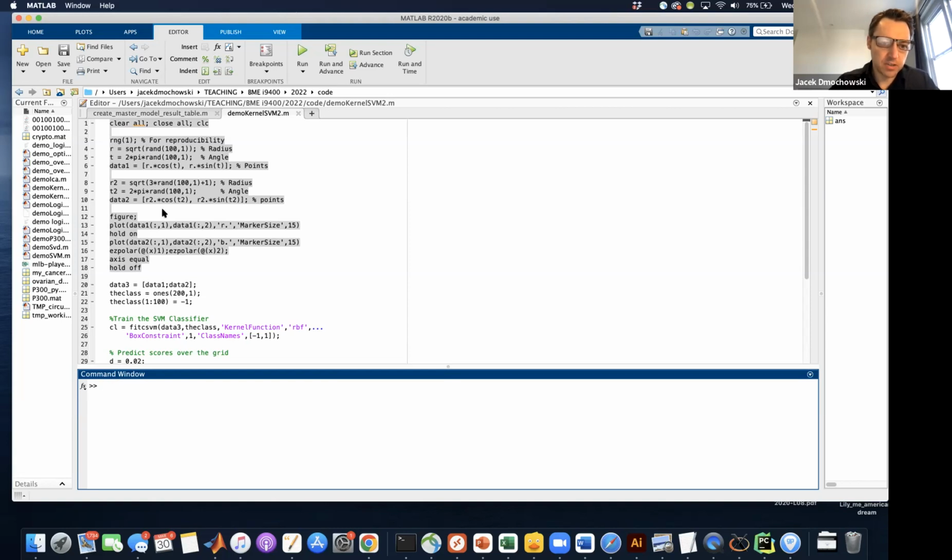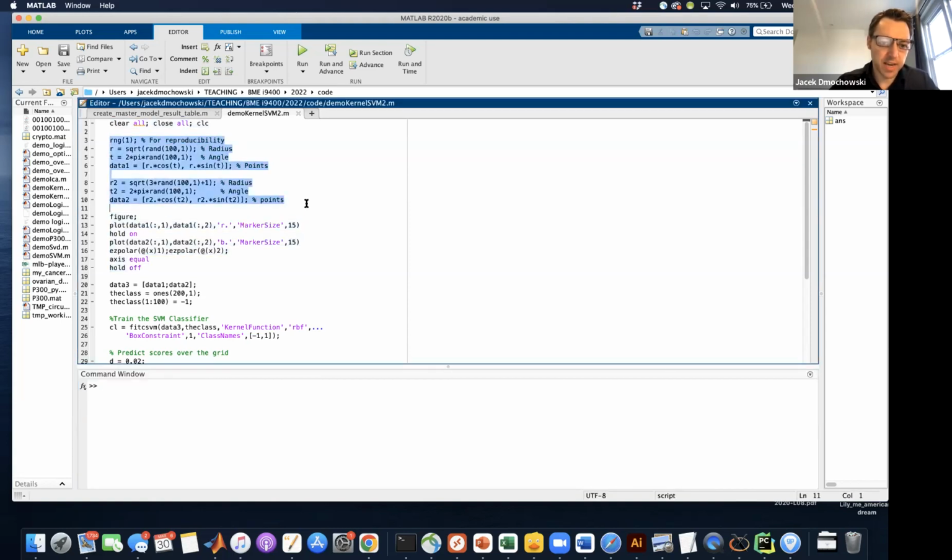So we're gonna generate 2 clouds of data. Cloud 1 has a radius of 1, and cloud 2 has a radius of